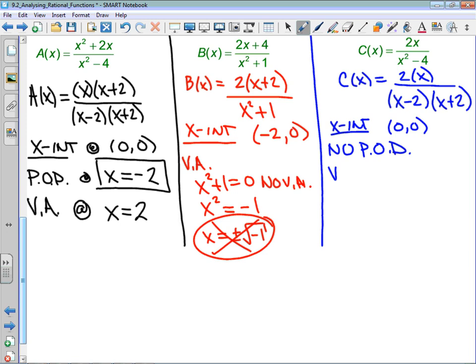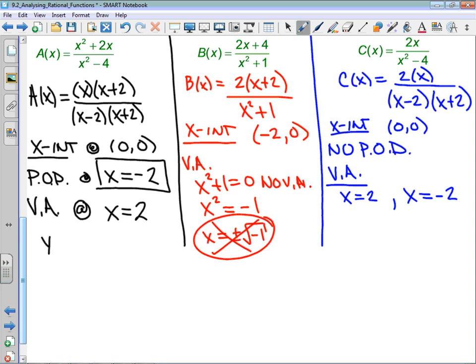And then my vertical asymptotes are going to be at x equals 2 and x equals -2, because both those factors are only in the denominator. Now that's a lot altogether, but this is what chapter 9 is about. There's one more thing that I could do if I wanted to, and it's not a bad idea, which is